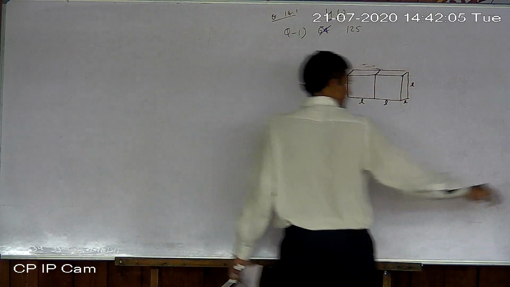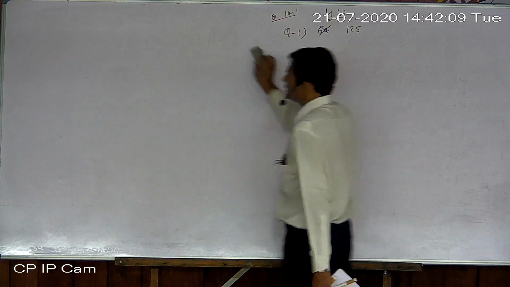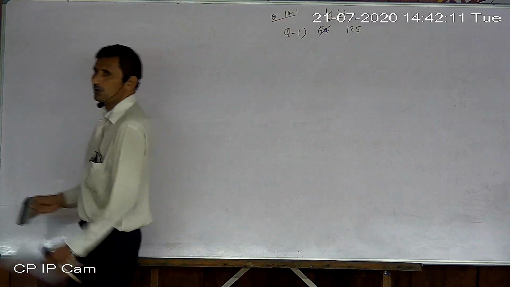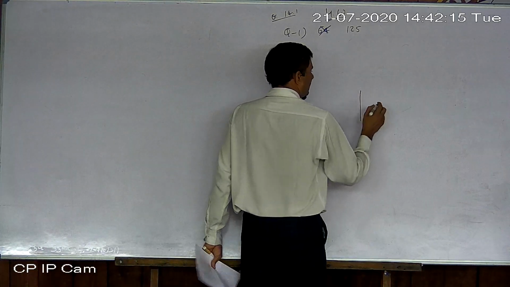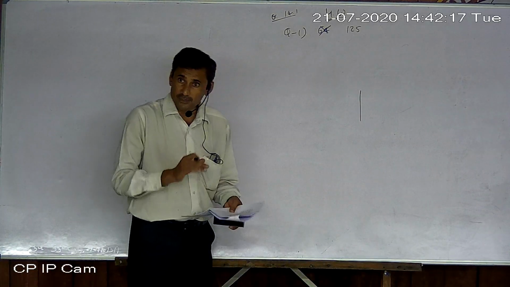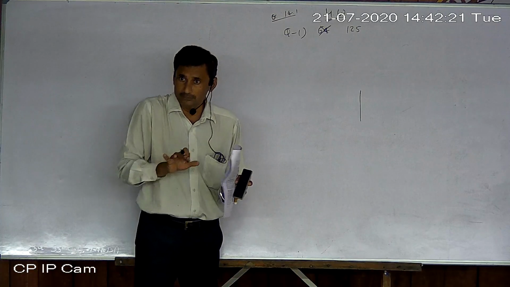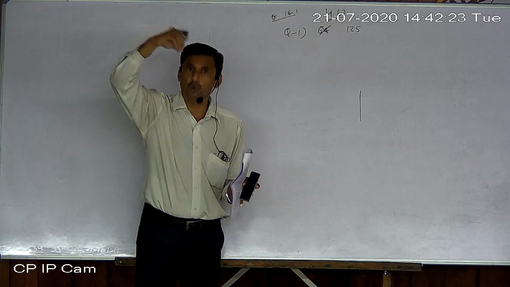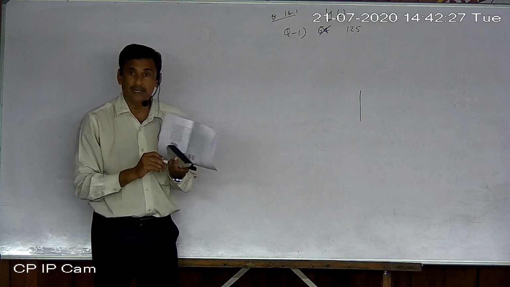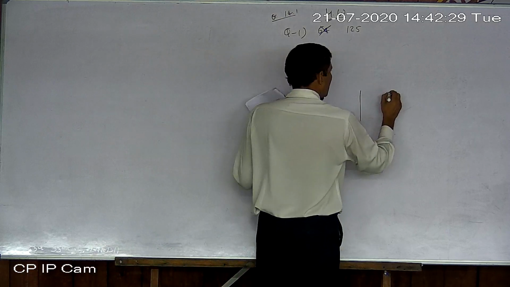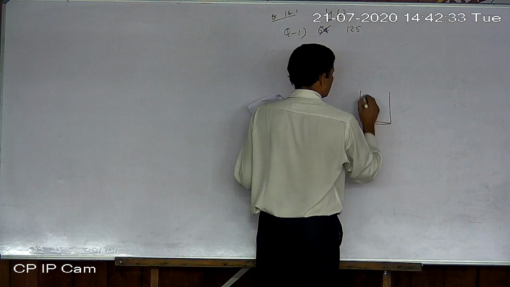So first of all, concentrate on their words. What type of words are they using? Hollow cylinder and hollow hemisphere are written. And they have written the hollow hemisphere is mounted on the hollow cylinder. You understand it? Mounted means what? Kept above. Mounted means kept above. So the hollow hemisphere is kept above the hollow cylinder. Hollow means not rigid.